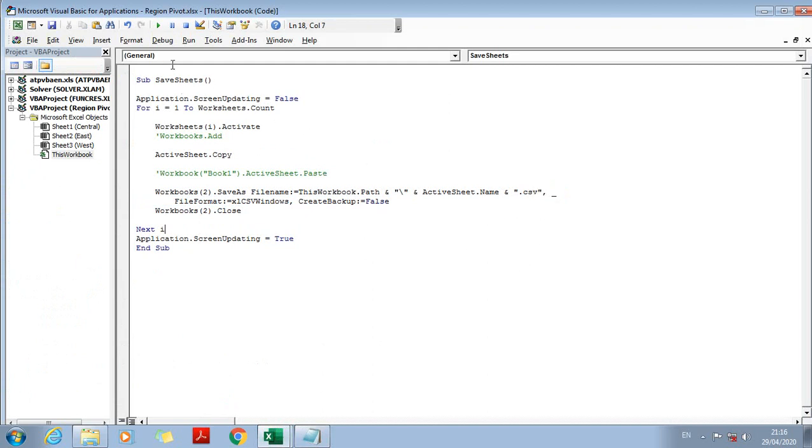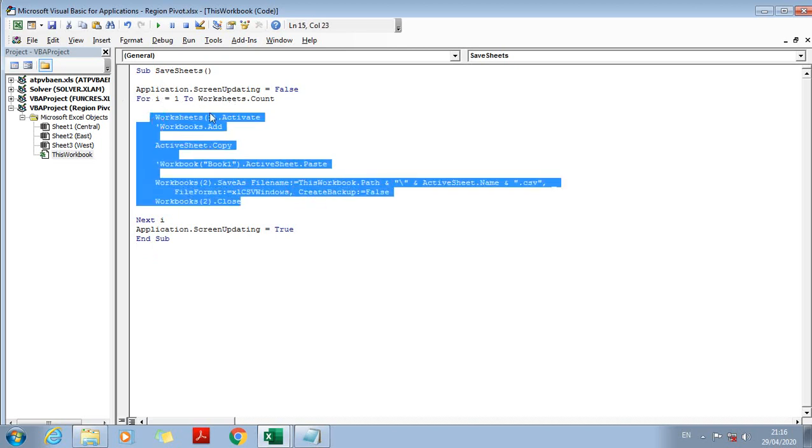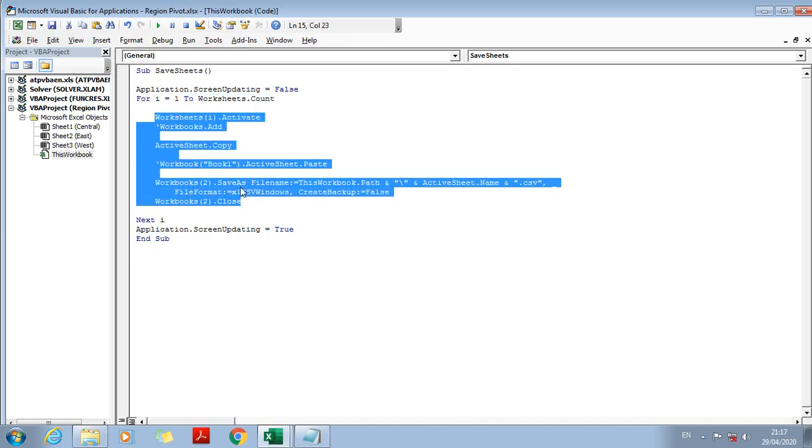So basically what this code is doing, for a VBA code this is the basic structure, but I will simply explain it to you. It is looping the code written here for the times from 1 to worksheet count. So as many sheets as we have, it will repeat the underlying code which is highlighted here.